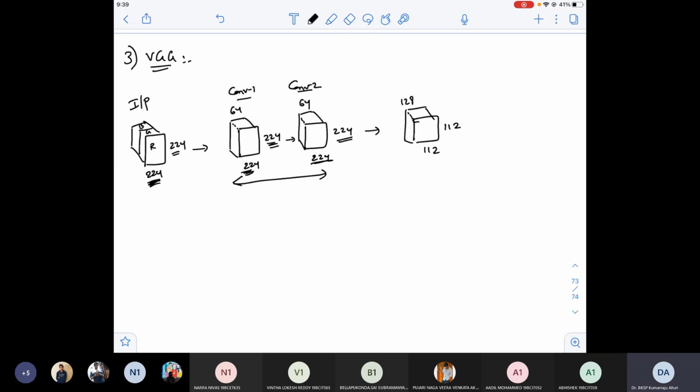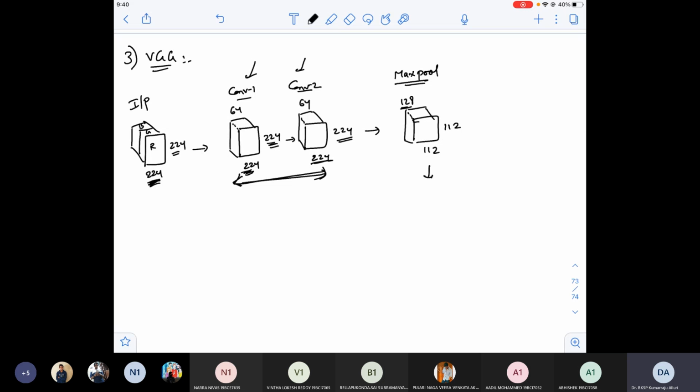Because if you observe previously, this is treated as a single layer. Of course, there are 2 different convolutions, but they want to ensure that they capture the patterns from both convolution 1 and convolution 2. That's the reason they've taken 128, 64 plus 64. Okay. Again, this is my max pool layer.